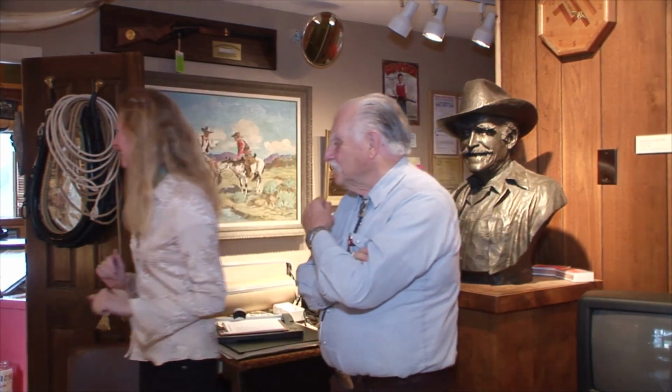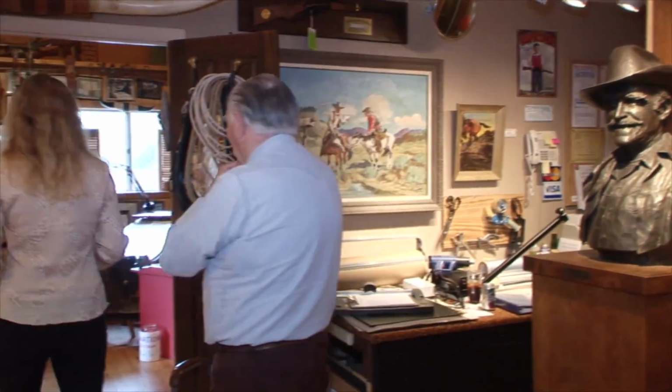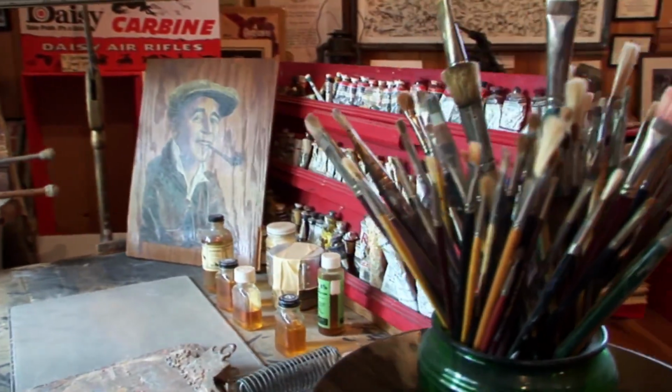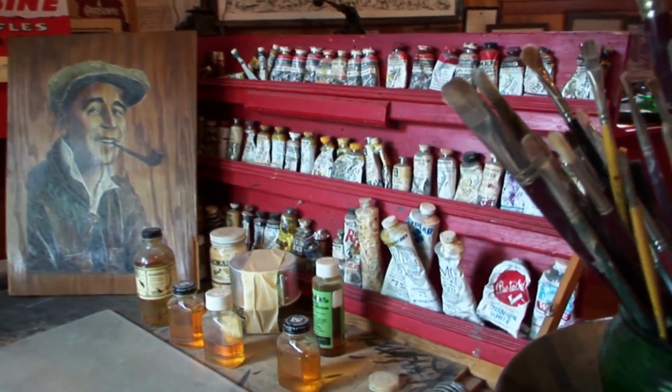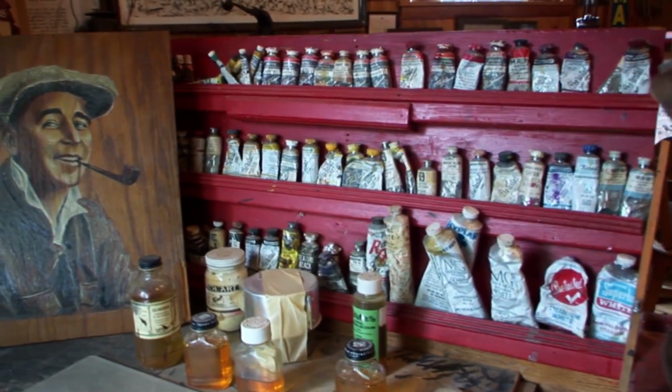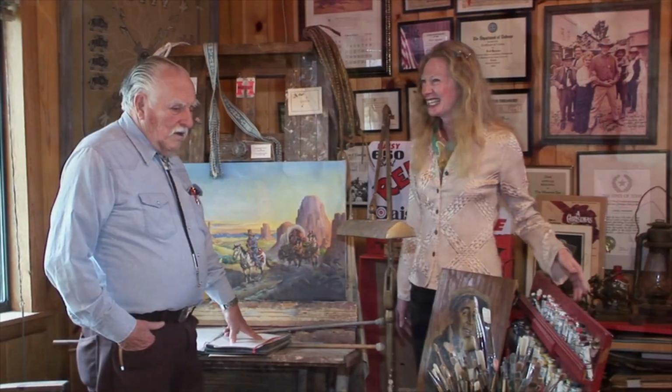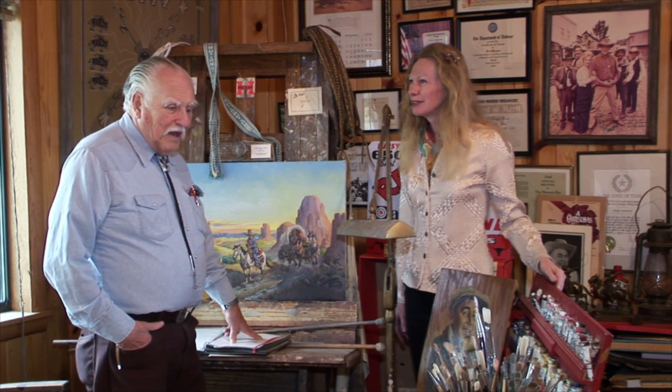Really? Let's take a look at the studio. Sure. Is that just around the corner? Yeah, just around the corner, right over there. Well, Fred, I can see this is your dad's easel, and his paints are laid out here, and his palette, and brushes, and even a mining pan there, a gold mining pan. Yeah, he had a lot of brushes, and